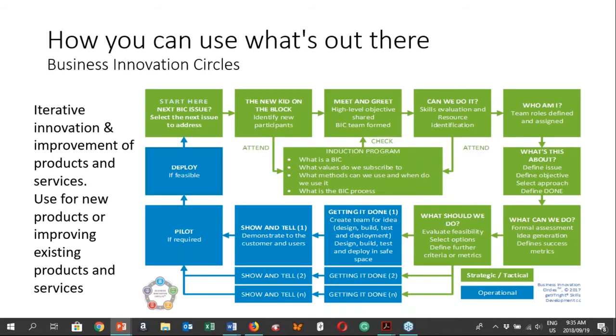Then we've got the business innovation circle approach, sometimes even used as an innovation process. It can be used for anyone, but most probably it's more useful within the transformational space. There are some tools and techniques defined within the approach also, but the approach lends itself to use any tool that you want to use at the appropriate time. So maybe also something interesting to explore.